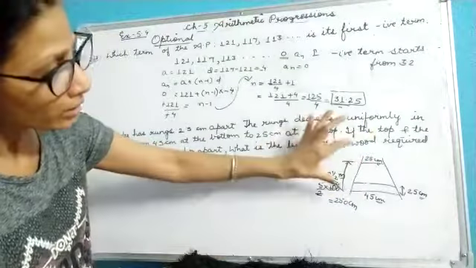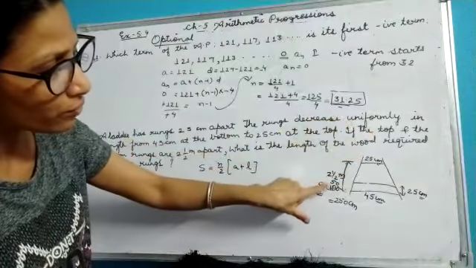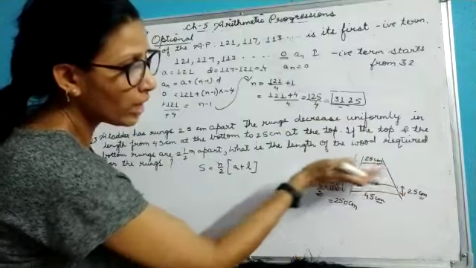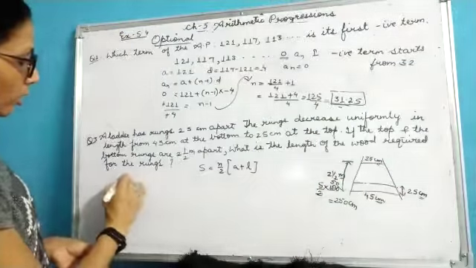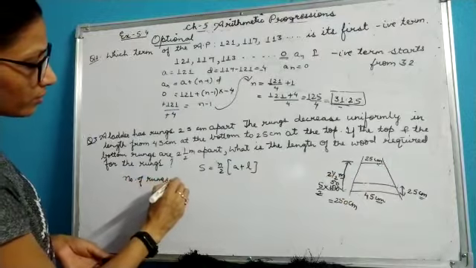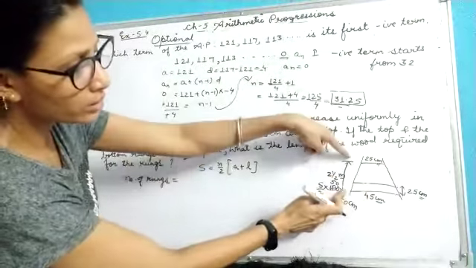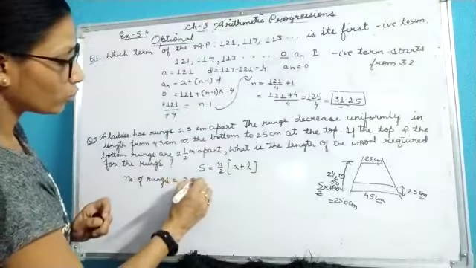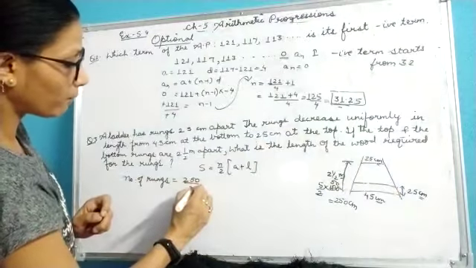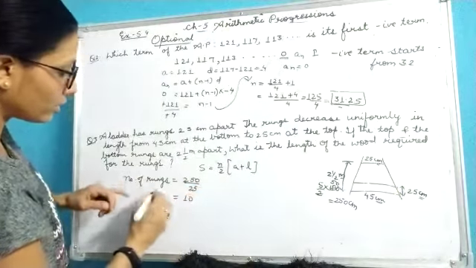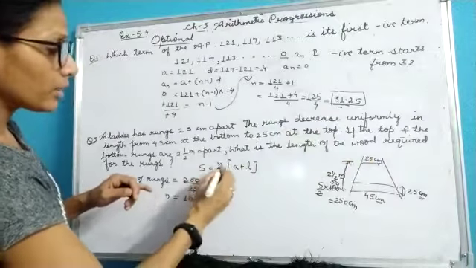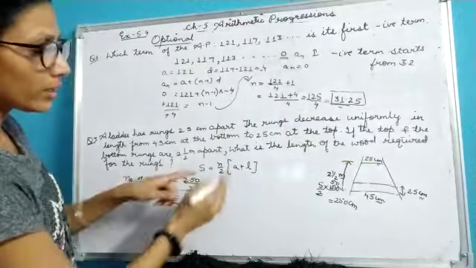So you know that this complete length is 250 and the distance between each is 25. So how many rungs can come in between? So I can calculate my number of rungs. Number of rungs will be equal to this total distance 250 divided by the distance between each rung, 25. So the number of rungs becomes 10. That means this is your n. That means the number of steps is 10 over here. Now I got my n. Now I can put it here.